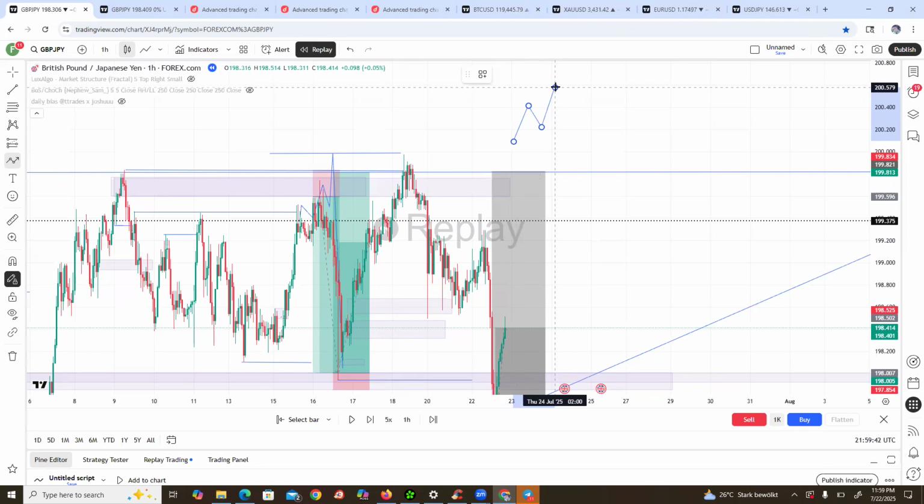So after this break of structure, the market will come in and give you internal liquidity. Internal liquidity then goes up. It can be here, it can be above, but all you just know is that it can clear this last liquidity here. Then after clearing this liquidity, what will happen? The market is coming to clear this internal liquidity, because, like I said, liquidity is liquidity, right? So now when the market gets to this point,